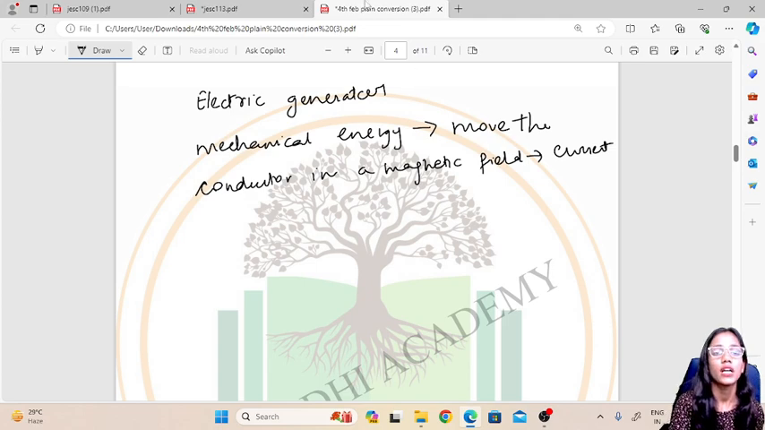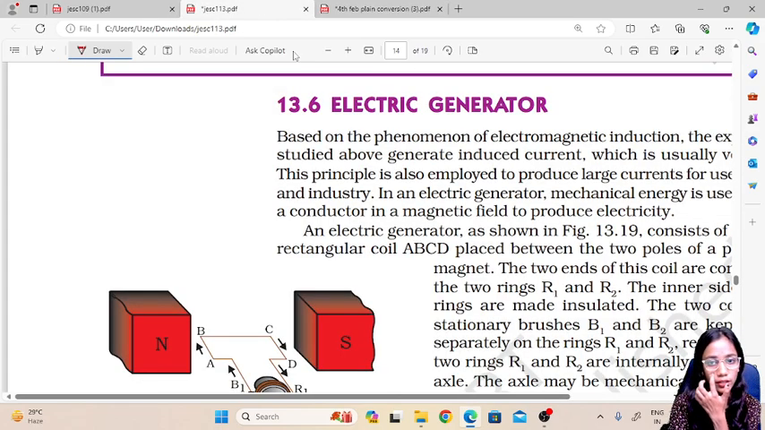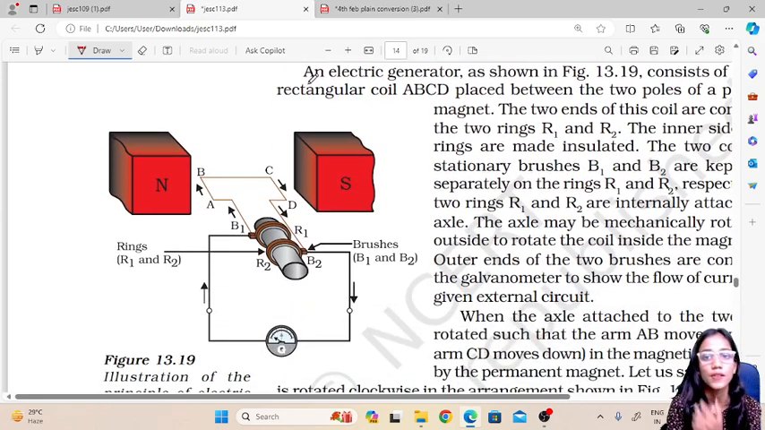Okay, so now let's learn the setup of the electric generator. In this, it consists of a rectangular coil, A, B, C, D, placed under the influence of a magnetic field. The arm AB is connected to the split ring B1,